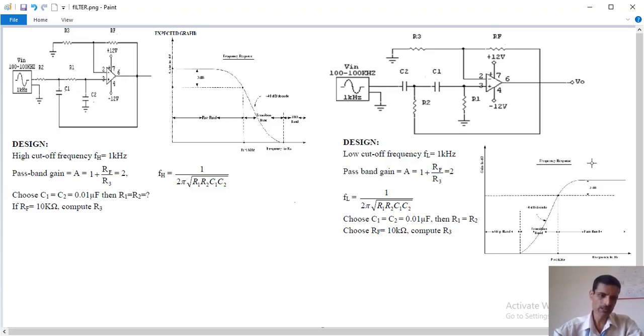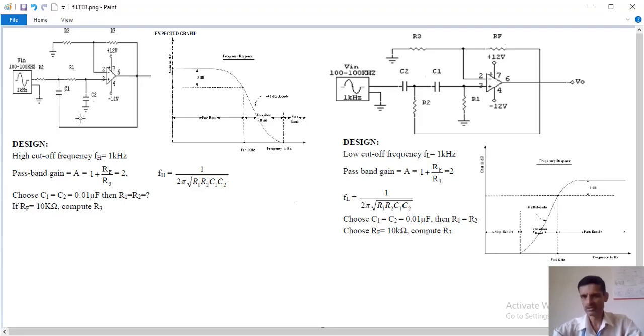In the high pass filter, similarly, above the cutoff frequency, all the signals are passed by my circuit. Below the cutoff, that is 1 kilohertz again, whatever the design, below 1 kilohertz all signals are blocked by the high pass filter. So this is called the stop band, and this is called the pass band in this case. In the low pass filter, this is called the pass band, and this is called the stop band.